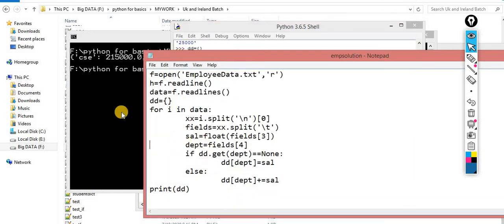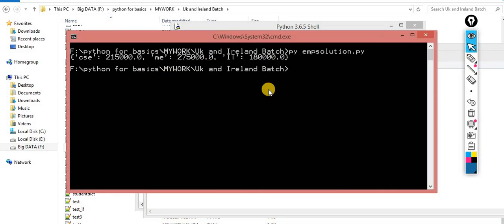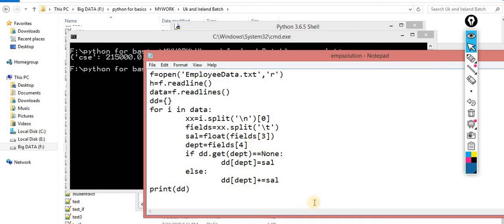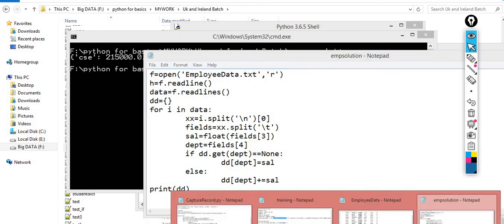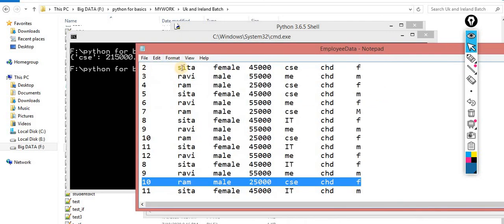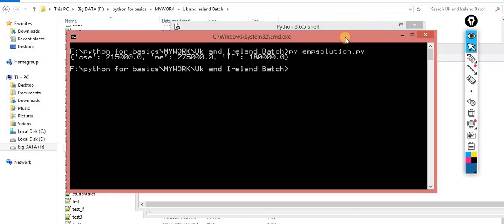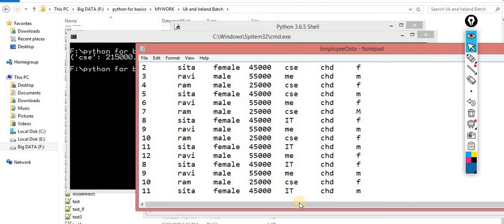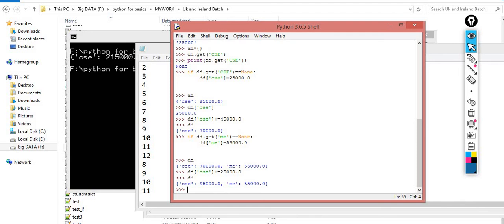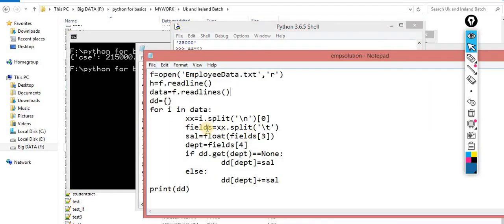Okay, the next one is that you have to perform this on the basis of gender. So I need gender in this case. I know which index is for the gender: 0, 1, 2, 3, 4, 5, 6. So 6 is the index for the same. So how can I get the 6 index? Very simple way.